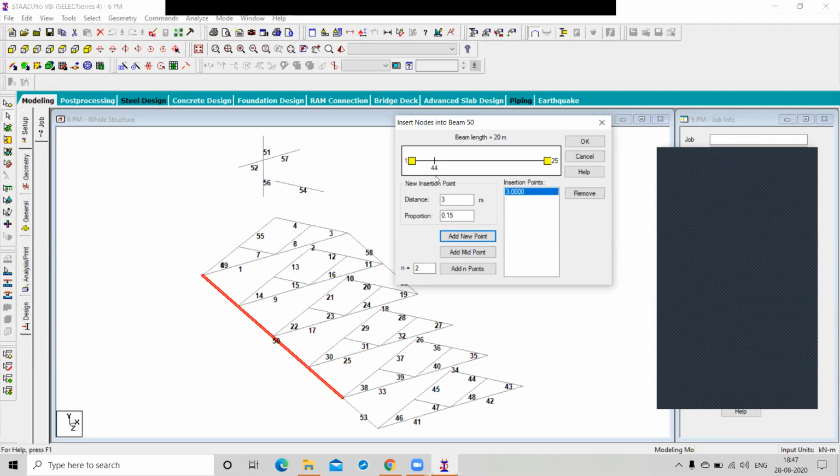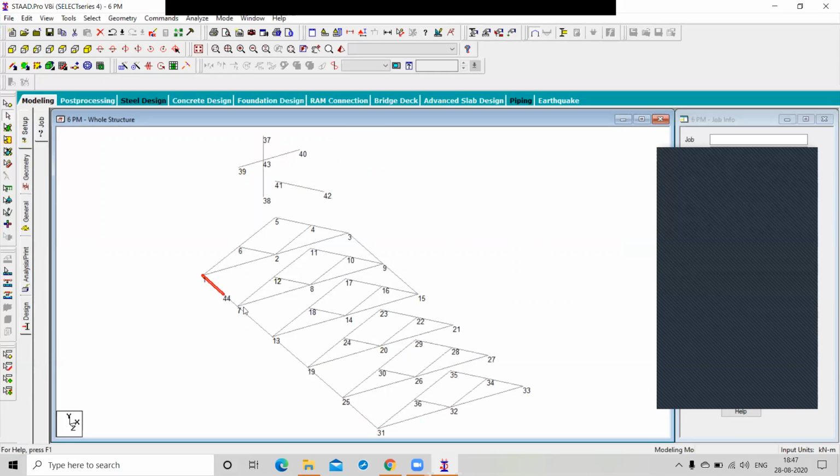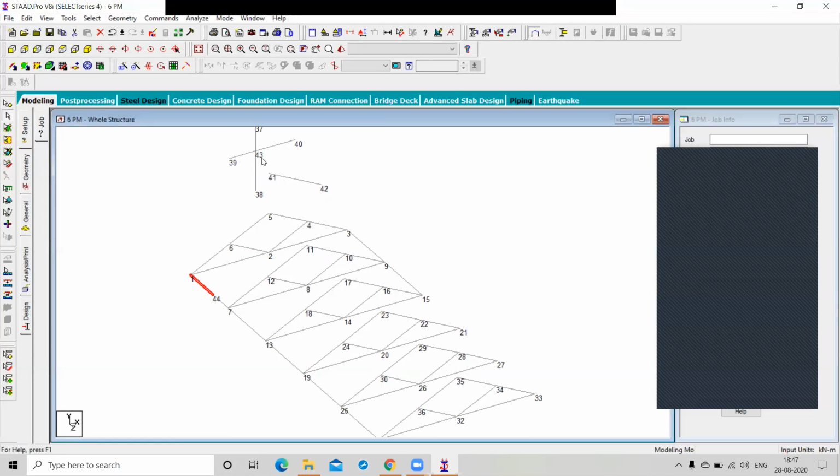Click on OK. See, this is your node number 44, because the last node number is 43.